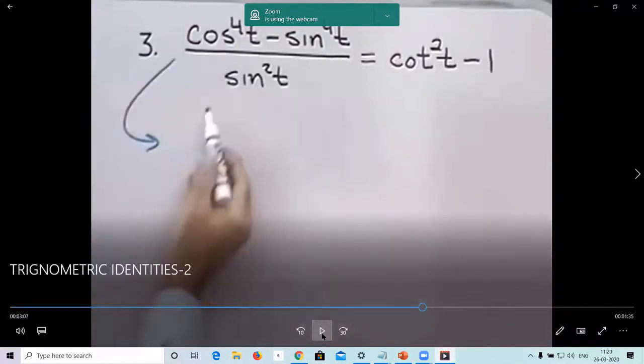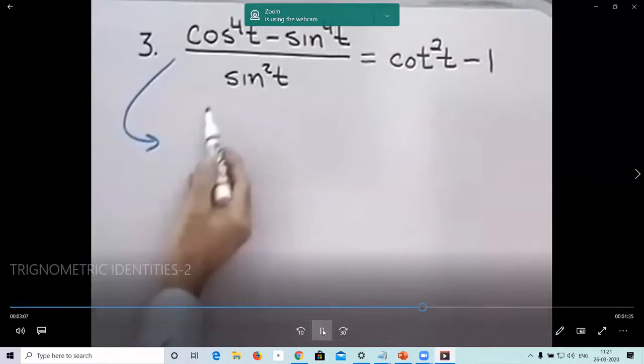Now, what do you think we should be doing now? This cos 4t minus sine 4t can be clearly written as cos square t whole square minus sine square t whole square. So which identity do you think we will move ahead with, children? Nothing but a square minus b square, which is a plus b multiplied by a minus b. I'm going to start by factoring